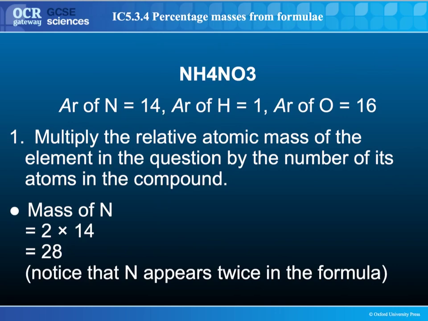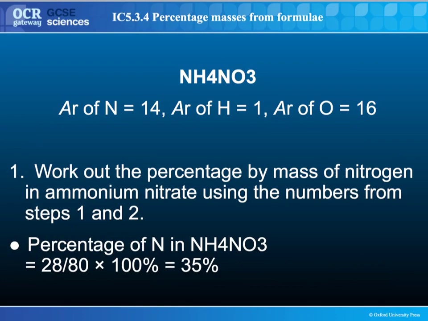The second stage is to isolate the nitrogen within that. Now there are two places where nitrogen appears in this formula. There are 2 nitrogen atoms in total. So 2 times 14 gives you 28. By dividing the mass of nitrogen by the relative molecular mass of ammonium nitrate, 80, and times your answer by 100 because it's a percentage, that tells us that 35% of the ammonium nitrate is nitrogen by